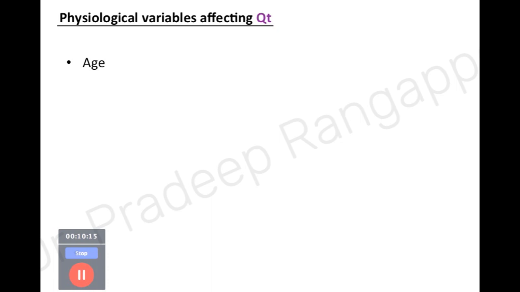So are there any physiological variables affecting cardiac output? We know the disease of the myocardium affects cardiac output, or any condition that causes myocardial dysfunction influences cardiac output in a disease state. But physiologically, there are certain variables which affect the cardiac output. Age is one of them, or the basal metabolic rate, hypometabolic or hypermetabolic also